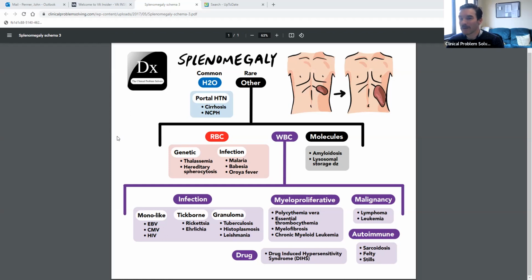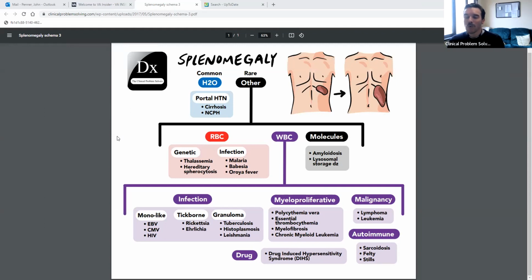There are some myeloproliferative disorders that can do it, which if we didn't have Ravi's help making us less concerned about the hemoglobin, we might think about a myeloproliferative disorder in this person who has a hemoglobin in the high 16s. But really, for somebody who's 25 years old, where we have the explanation that they're dehydrated, a myeloproliferative disorder seems unlikely here, right? Certain drugs can do it if there's a systemic syndrome like DIHS. And then you can also have certain autoimmune diseases, but then most importantly, in a young gentleman with B symptoms like this, thinking about lymphoma, particularly with the LDH that's very high.